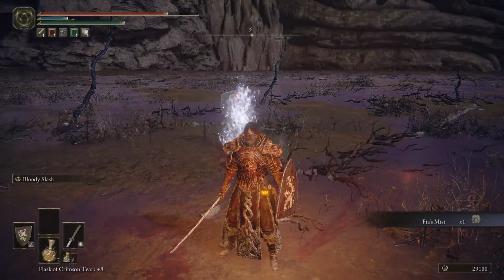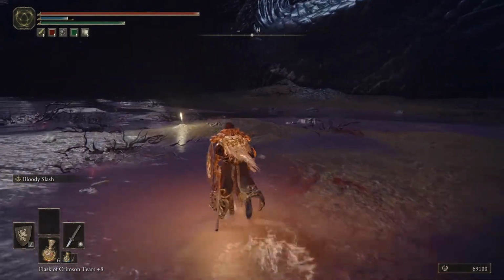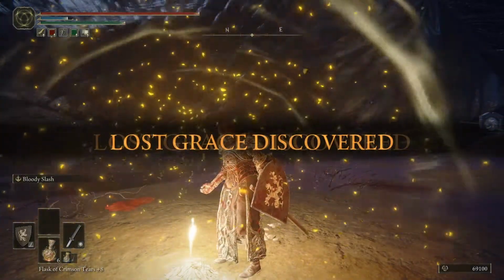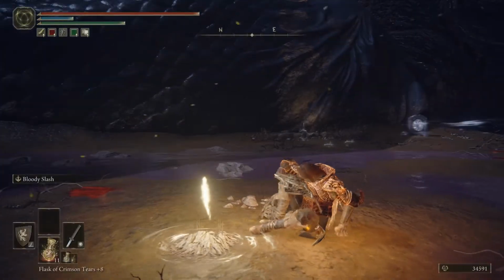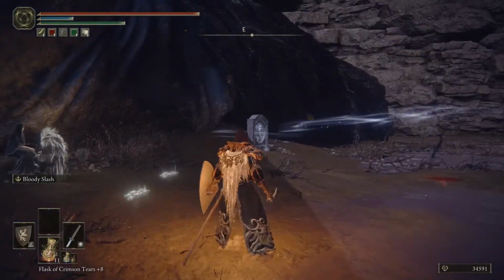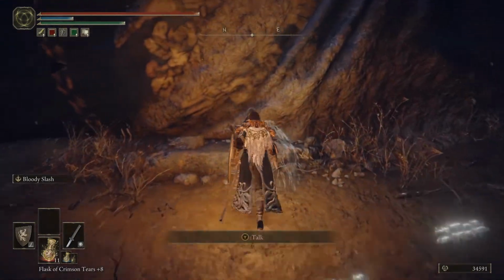You get Fia's Mist. That was basically the easier of the fights we have to deal with. But the harder fight is also way more epic. It's such a cool fight. I really enjoy it. Arcane is on 43, so we are reaching the 50 we want to. This waygate will send you into the capital, but first...